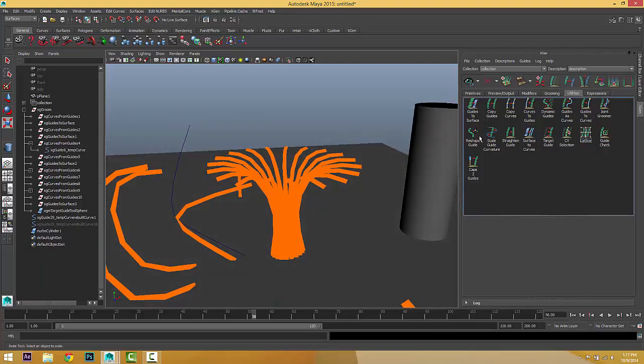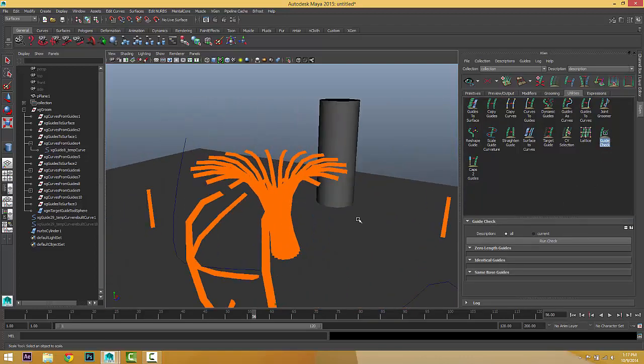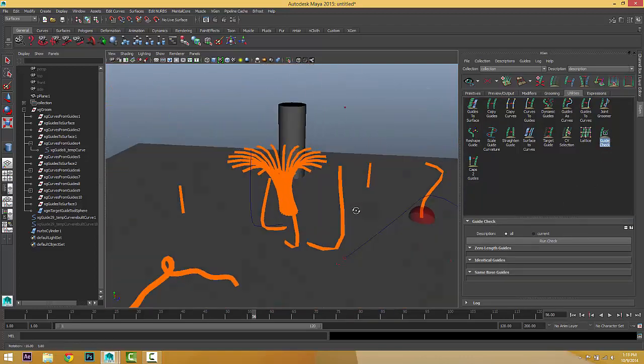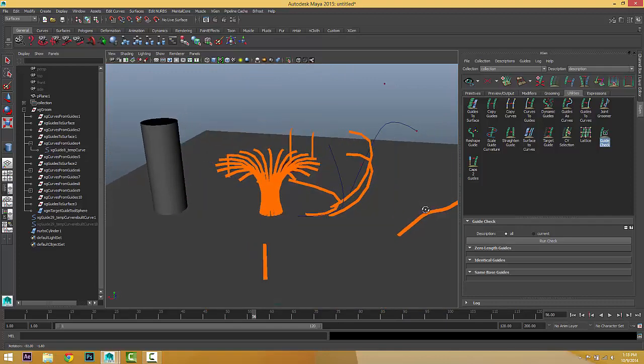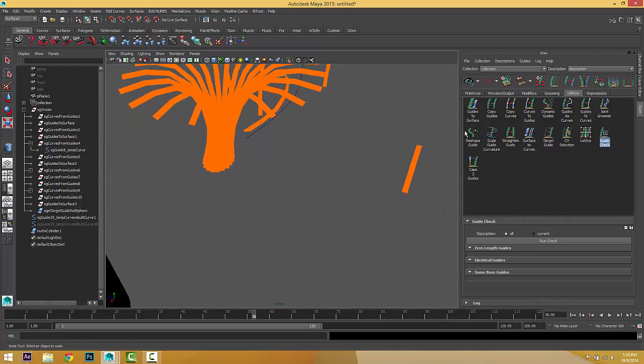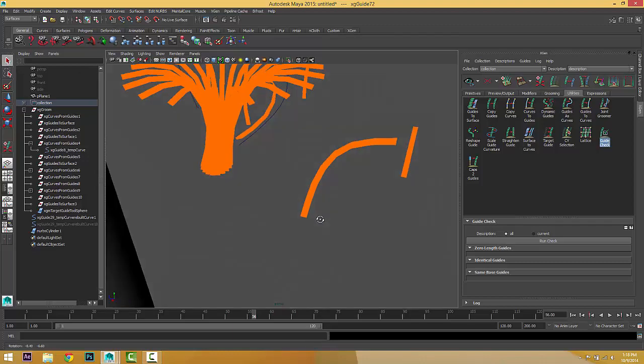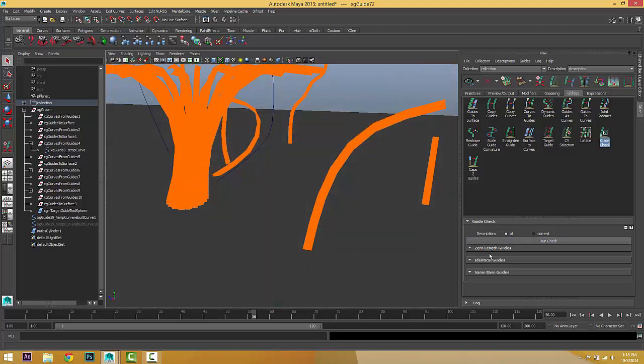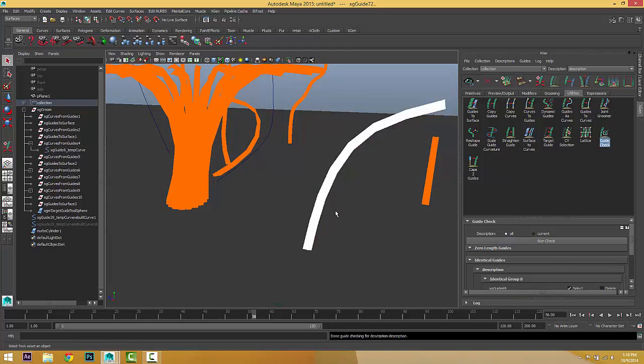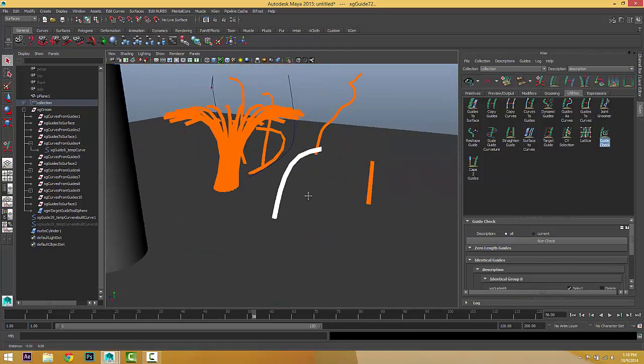Also, we can just choose guide check. It's very useful to diagnose the guides. For example, if I just go to add a guide, just one guide and one more, and one more, so put a few guides on top of each other. If I choose run a check, as you can see, this is being selected because this is the problematic area.